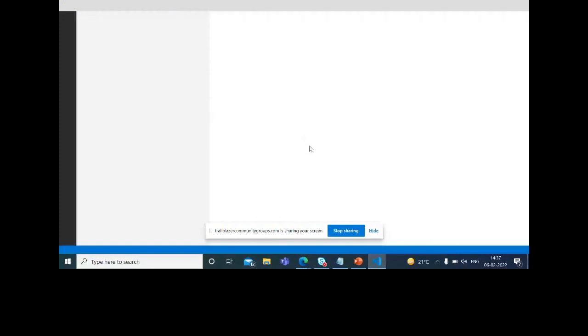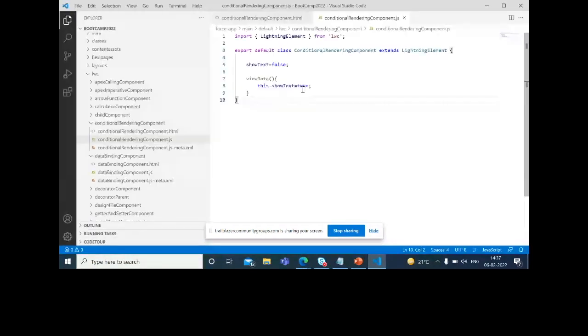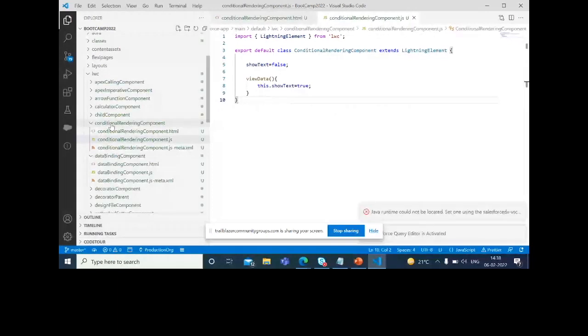On the click of the button, we set the value true in this Boolean type property, so the section inside if:true will become available.